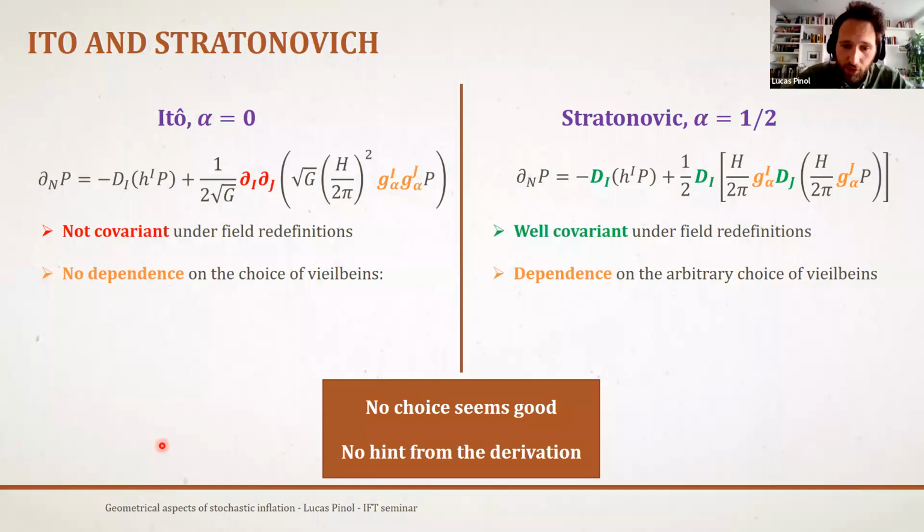Yeah, actually, when you have just a single field, it's even more clear that you should choose Stratonovich, because you don't have the problem of the vielbein, and you still have the problem of lack of covariance for single field inflation. So you may think, why is there a problem of covariance? But even in single field inflation, you may want to do some change like phi going to exponential of phi, or this kind of change of coordinates. And if you want to do this in a covariant way, even in single field inflation, you should choose Stratonovich. So I would say that it's even clearer in the single field case that Stratonovich is the good choice.